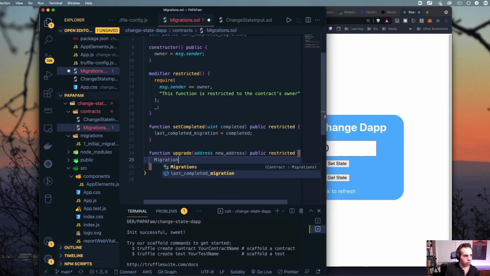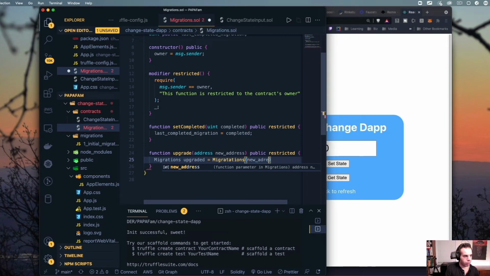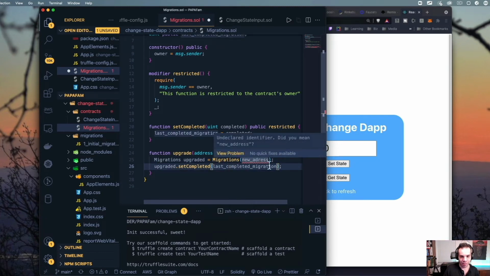And when migrations are upgraded, that equals migrations new address, and then upgraded, set completed, last completed migration. Okay, so this is just our upgrade and migrations. There we go. Okay, and new address.